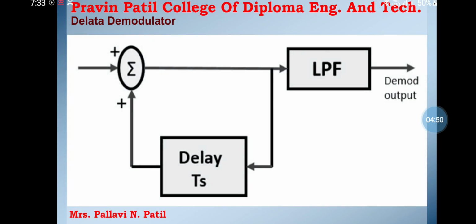The delta modulator is a digital modulator. We can come across certain problems in detecting the step size, which affects the quality of the output wave. A large step size is needed where the message signal has a steep slope, and a smaller step size is needed where the message has a small slope. This is the delta demodulator.